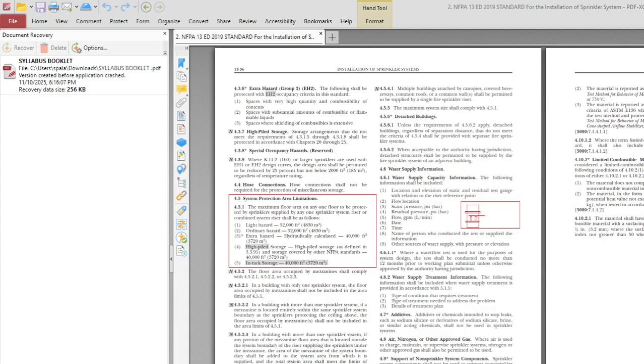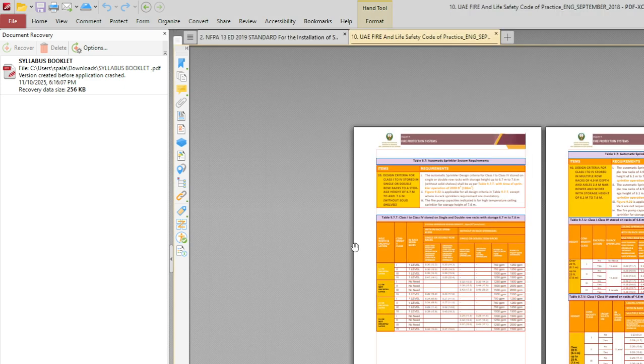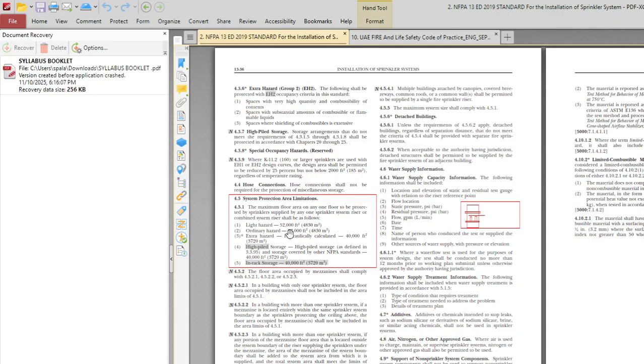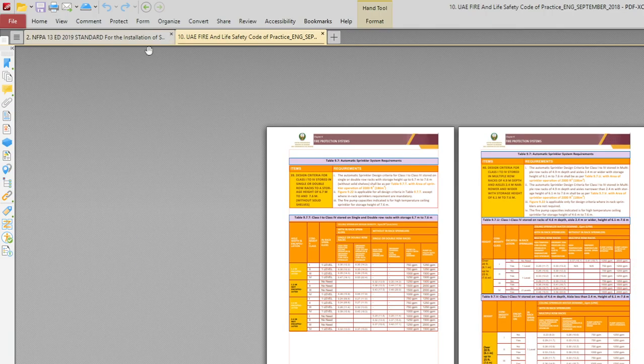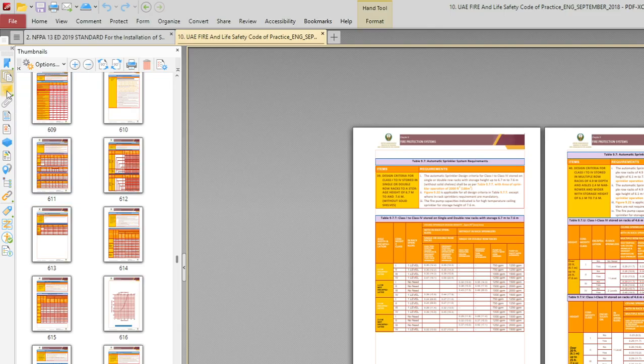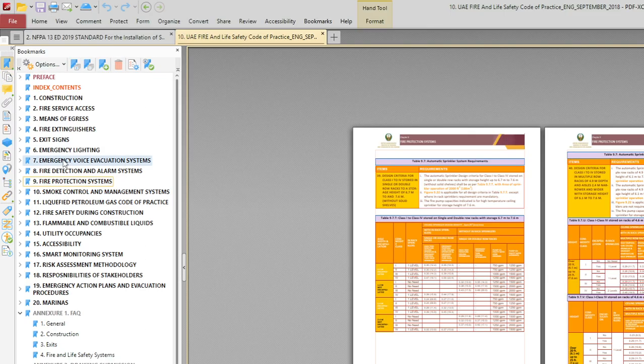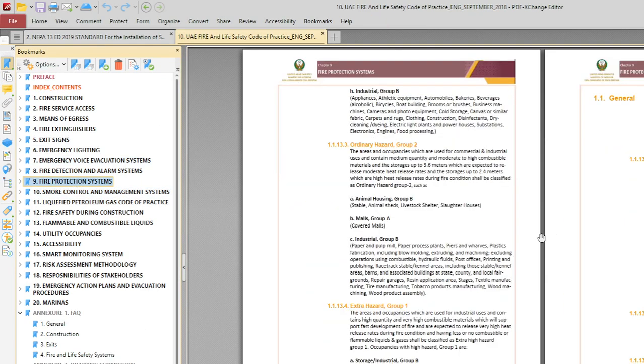Let me open that UAE fire code as well. So here you can see the light hazard 52,000 square feet, and in meter square 4830. Okay, in the UAE fire code, if you go to fire protection system,